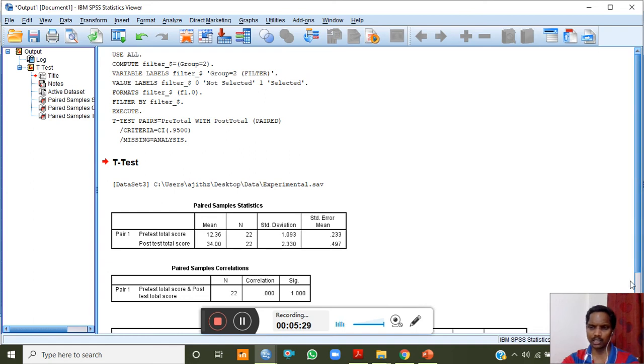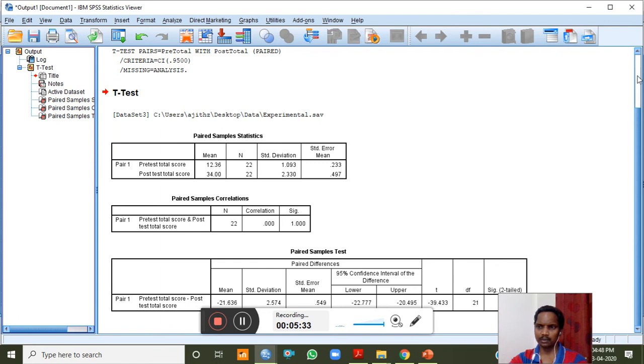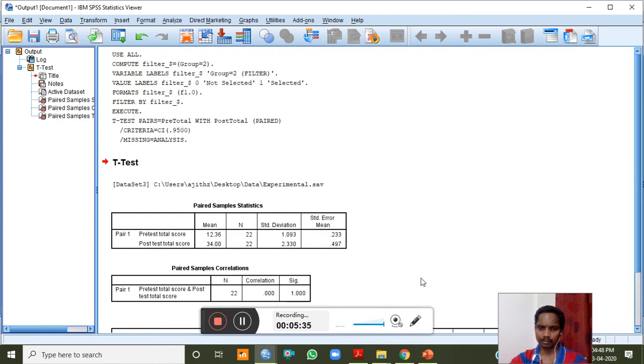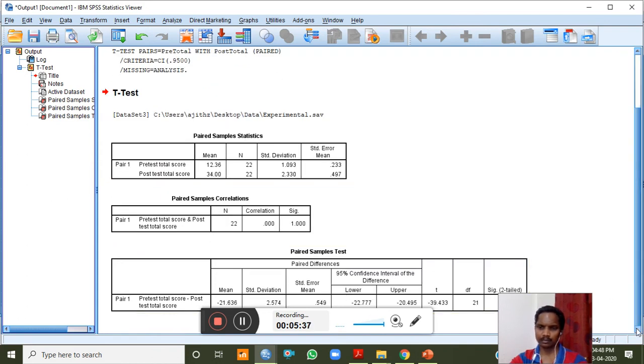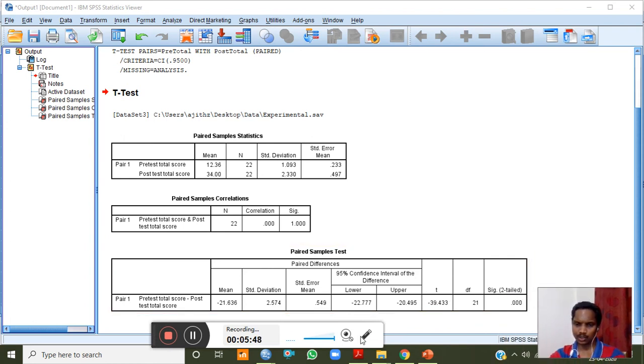We have already seen that there is a difference in the mean scores. So this is the t-test value, which is negative 339.